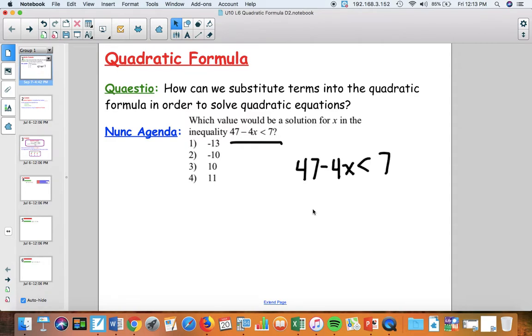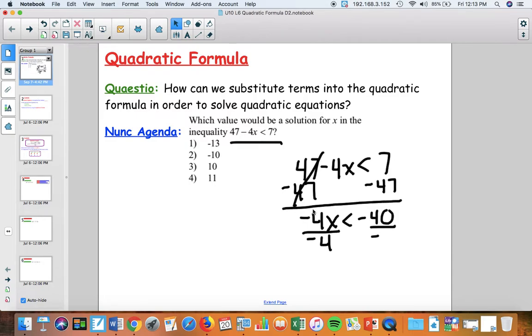So to solve this, we have to get x by itself. Our first step would be to subtract 47 on both sides. We'd be left with negative 4x is less than negative 40. To get x by itself, we have to divide by negative 4, and we'd be left with x on this side and 10 on this side. Keep in mind, since we divided both sides by a negative number, the inequality has to switch. So this reads x is greater than